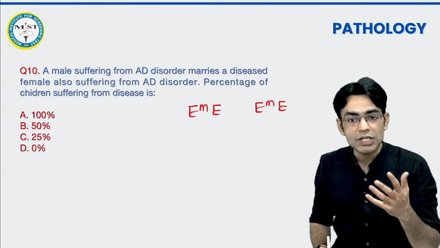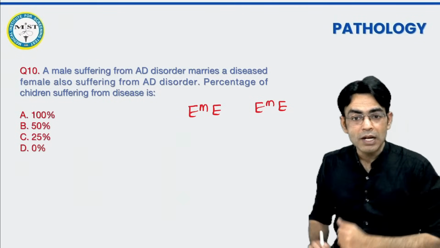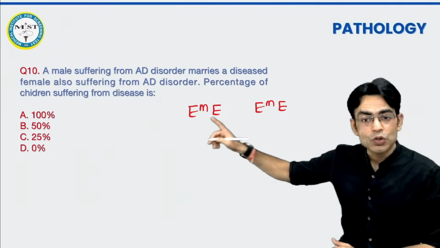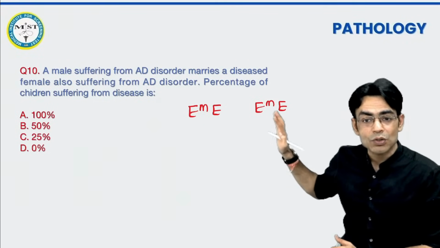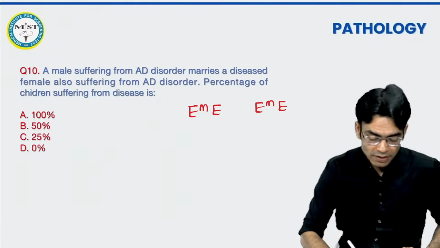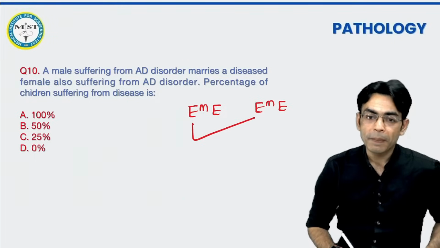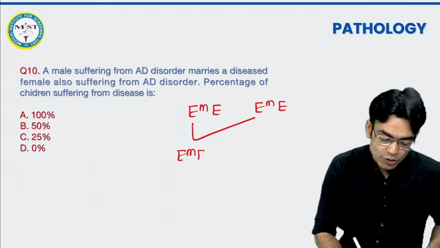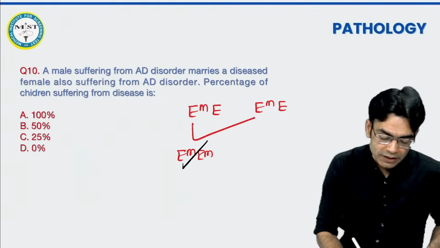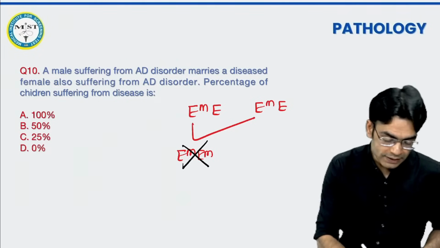There are abortions because there is a death in utero. If both are suffering from autosomal dominant disorder, that means they are heterozygous. और अगर वो heterozygous हैं, तो एक तो ये हो गया, ये बन जाता है होमोजाइगस फॉर म्यूटेशन, तो ये तो जिंदा ही नहीं रहेगा, ये अबॉर्ट हो जाएगा।